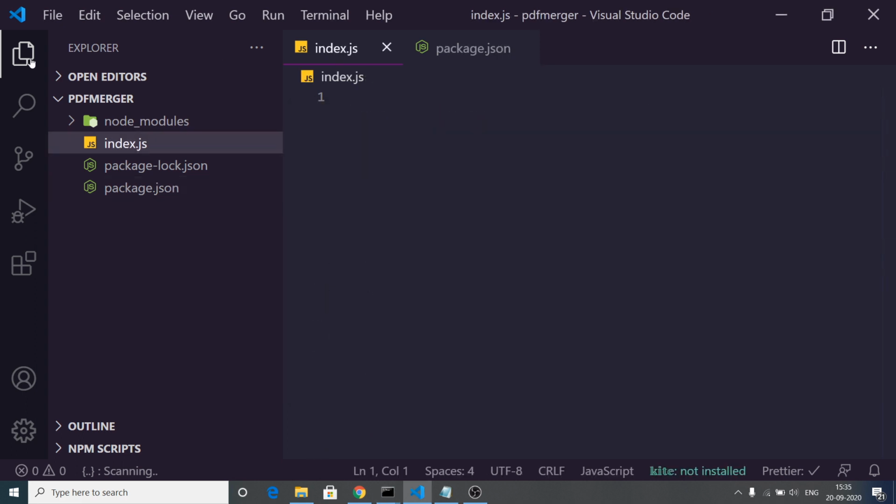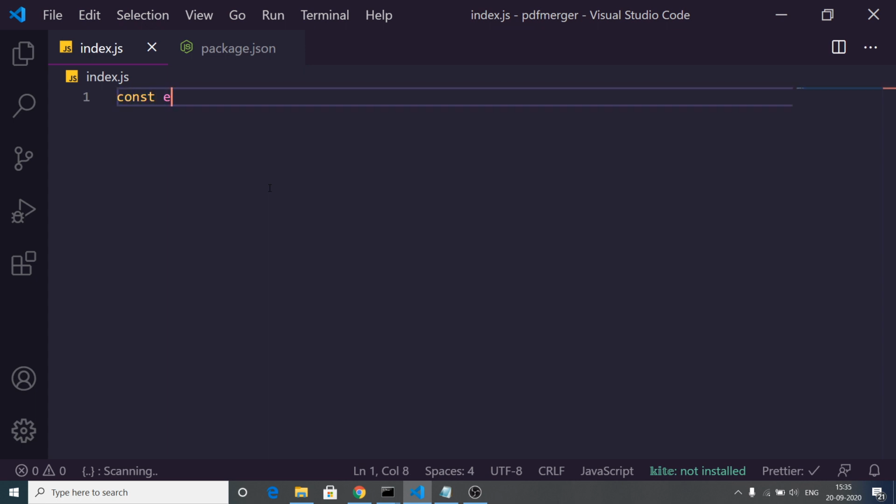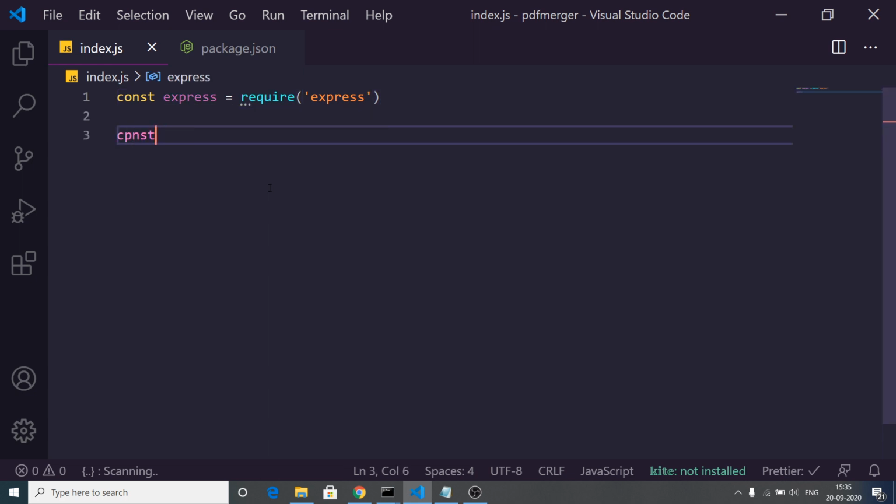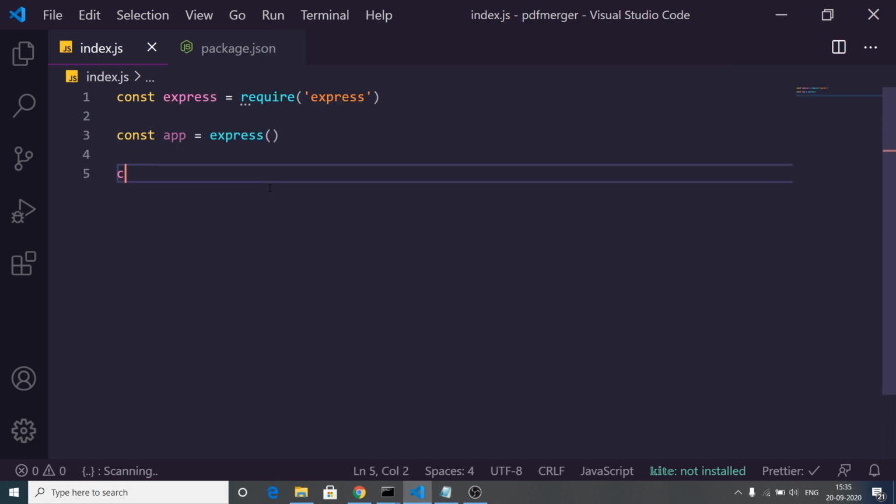Inside this we will create a very simple Express application. So we need to require this. Same old stuff we will repeat here. We will make a simple Express app, const app = express, and we will make a simple port number: first process.env.PORT if you are running on production.